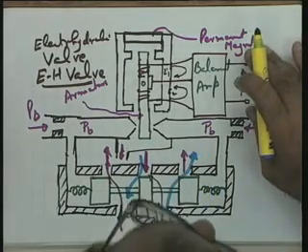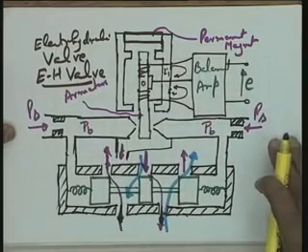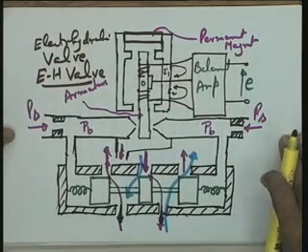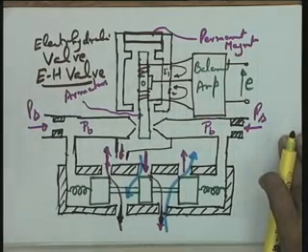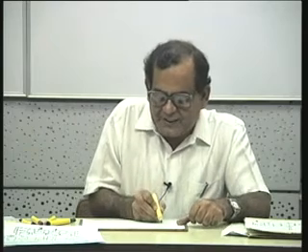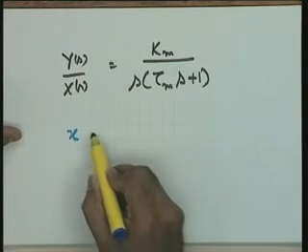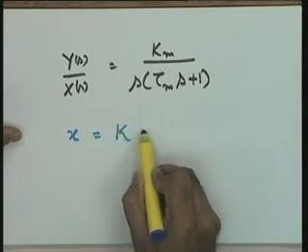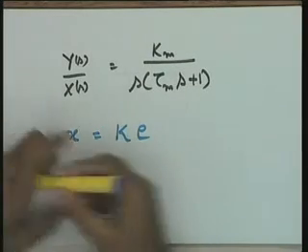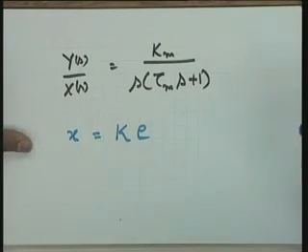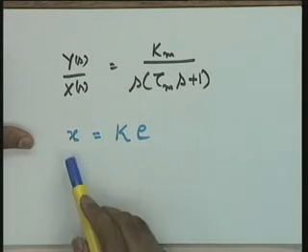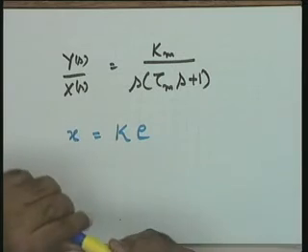What I am going to assume is that the dynamics of this particular system is much faster than that of the actuator we are going to use, and therefore a very simple situation for you, a big derivation is not coming. So I can assume that the displacement of the spool x is equal to a constant k into E, where E is the voltage, the error voltage, the voltage supplied to the winding of the armature, and x is the spool movement. This is what I am considering.